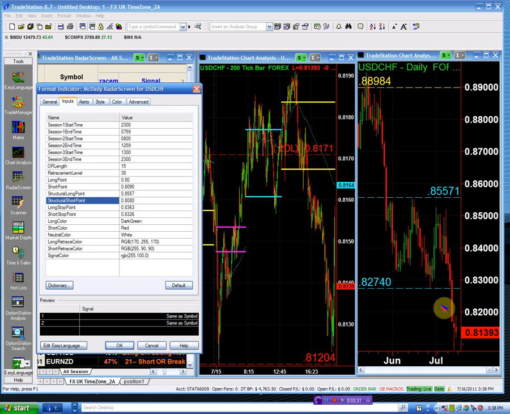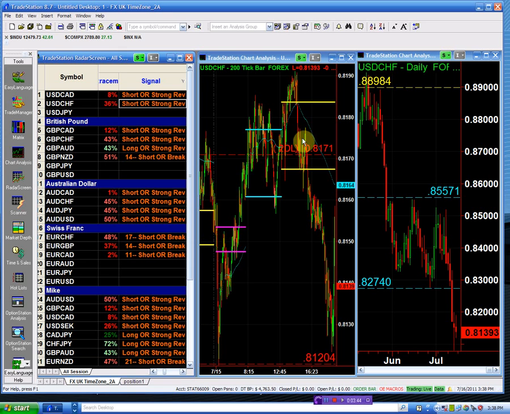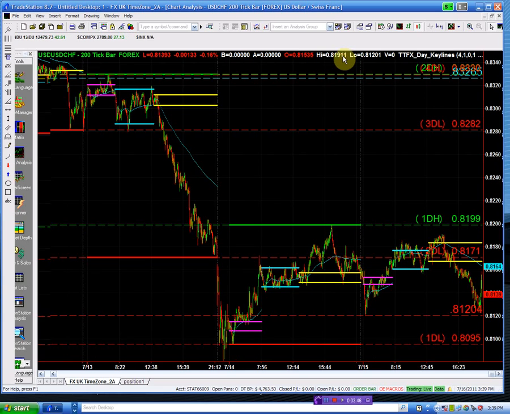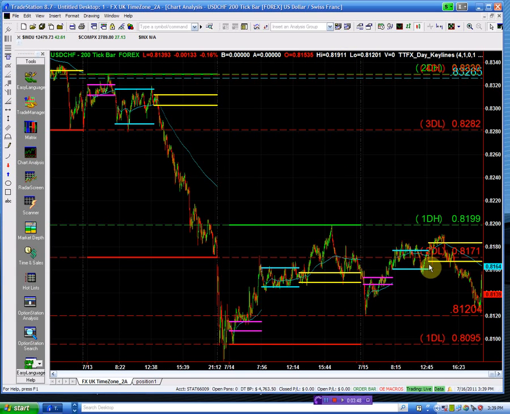My structure long is the 82.74. And as I said, we are going to buy it only if it gets above, in this case, this is our